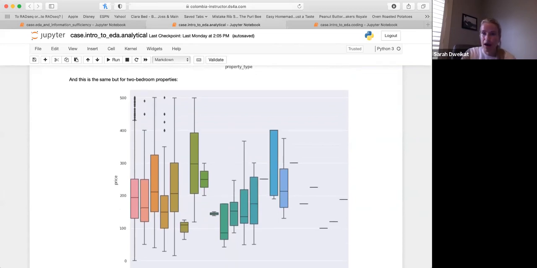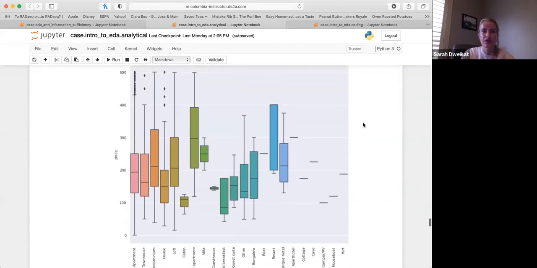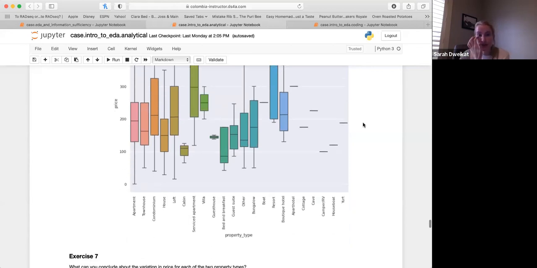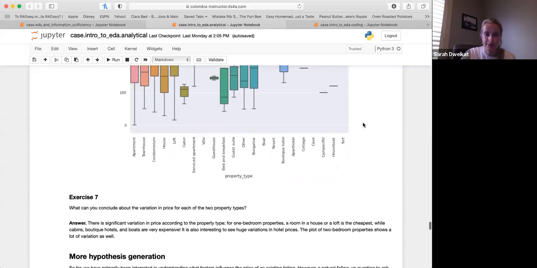But yeah, this is the same idea you should be thinking about in probing your data. We saw that initial trend of increasing bedrooms means increasing price, but when you break it down into property type, that can show you that variation. It can help you to find more trends. So that is something that's really important to do, to use the data that's given to you.